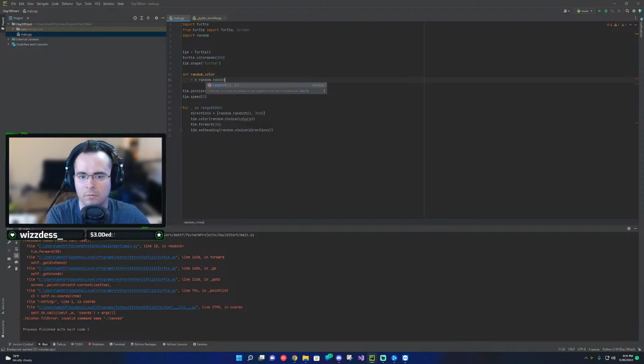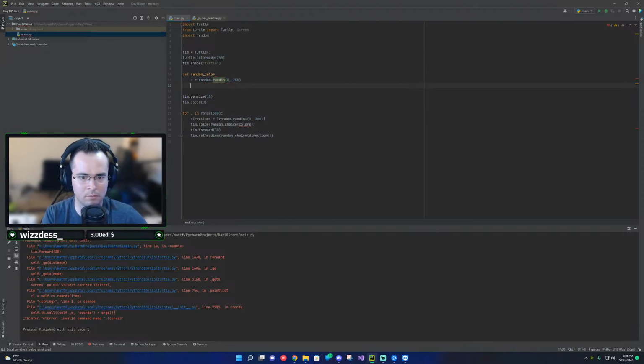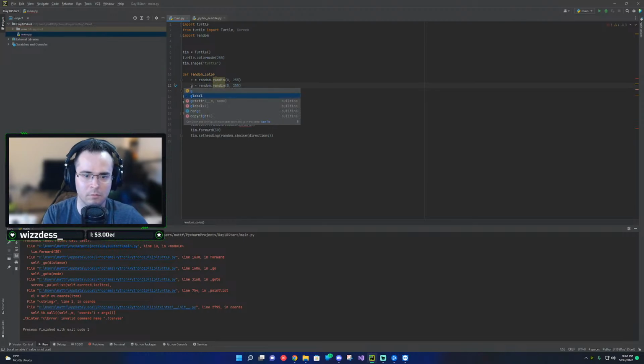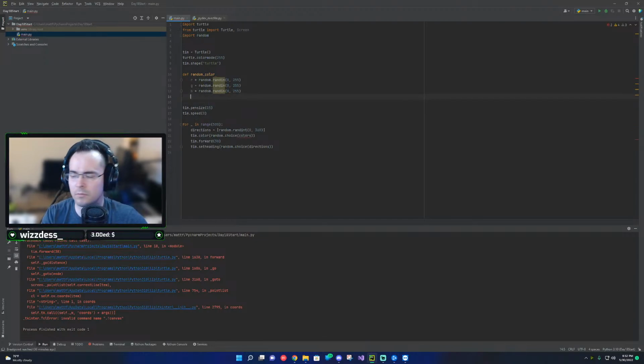And then we can repeat this process for the other 2 color spaces, so green and for blue. Now we've got 3 random numbers, one each representing each of the color spaces, and then we can generate our tuple. Here's a challenge for you. See if you can return from this function a tuple that consists of the 3 random integers r, g, and b,